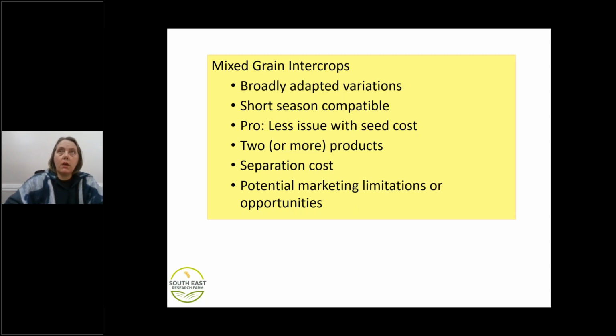Compared to doing a cover crop type of approach to add biodiversity, there's an advantage in that the seed costs don't tend to be a big extra cost with this. We're planting 2 grain species together and there's a separation cost after harvest. So harvesting the grain as a mixture and separating usually on the basis of size, somewhat density, but usually based on size differences. There's potential marketing limitations, and I think maybe in the future growing opportunities, because food companies are